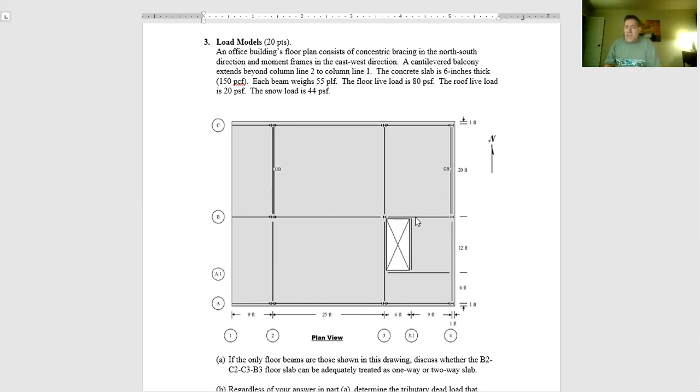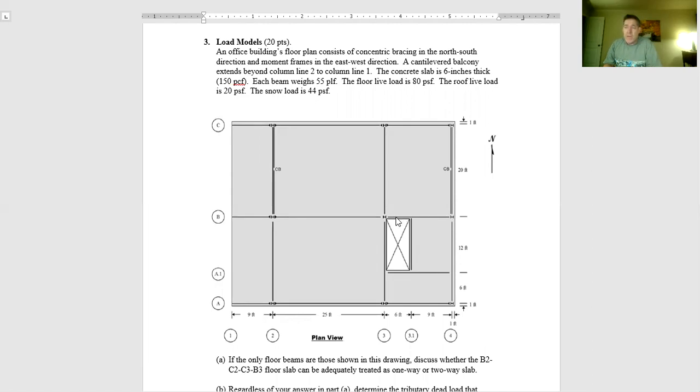Now in part B, you were asked to look at this beam that goes right along the side of this elevator and stairwell opening, over here in the far right bay, along line B. And that beam is going to take some sort of load from the slab that's just to the north of it, as well as something coming from the slab that is just to the south of it. Those two are also going to turn out to be 2-way slab type behavior for the same reasons that the other one was. And you're going to find that they're on the short side of this rectangle that is the slab, and that means that you're going to end up with a triangular load coming into the beam